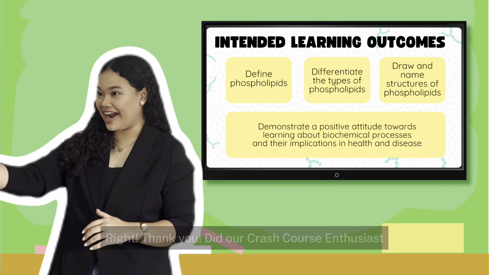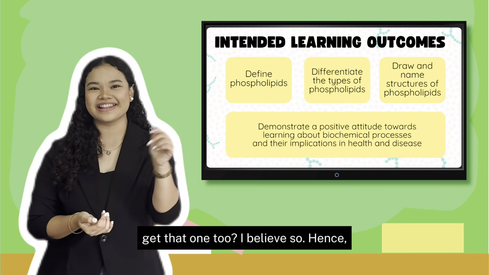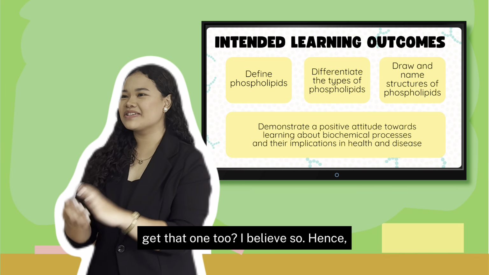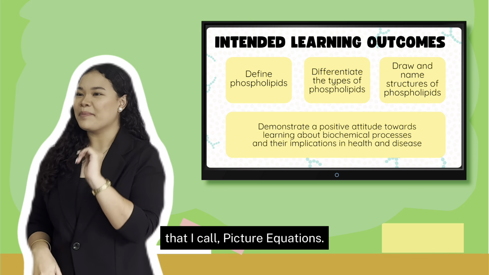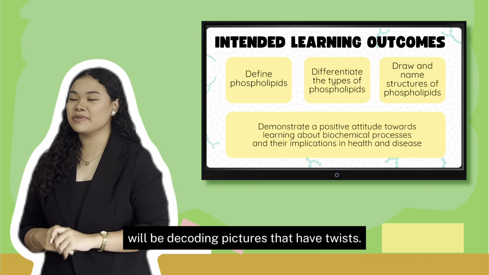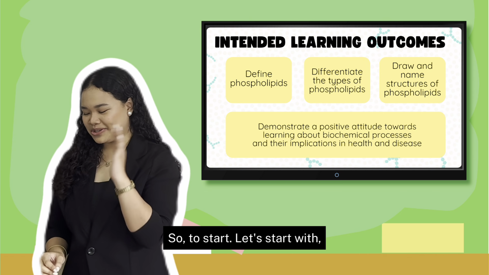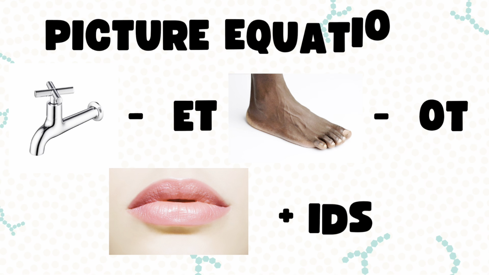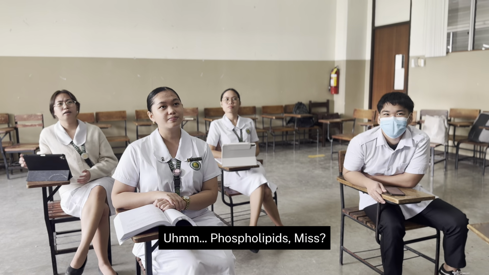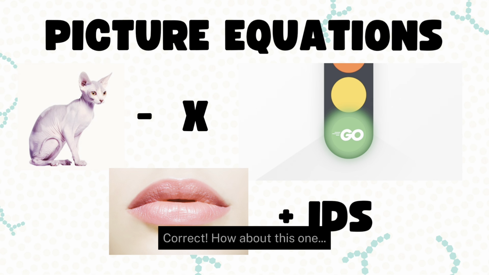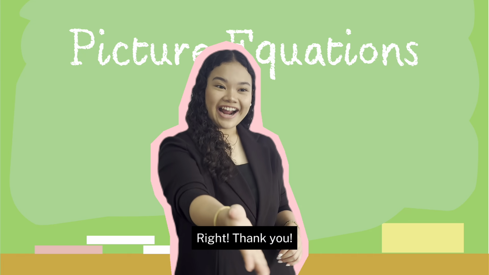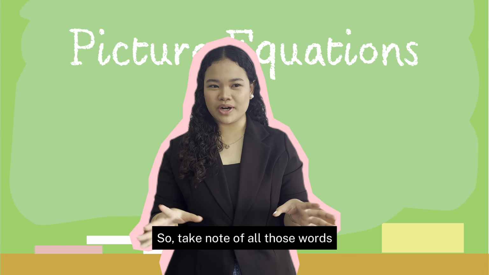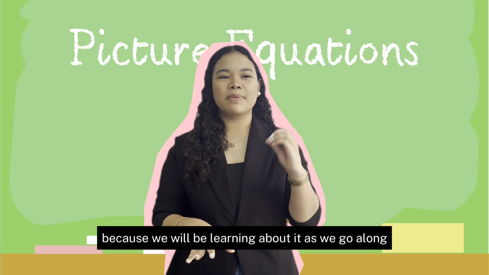Phospholipids. Right, thank you. So did our Crash Course enthusiasts get that one too? I believe so. Hence, to start our activity for this morning, let's start with our introductory activity that I call picture equations. So you guys will be decoding pictures that have twists. So to start, let's start with... Phospholipids, Miss? Correct. How about this one? Is it sphingolipids, yes? Right, thank you. So take note of all those words because we will be learning about it as we go along our lesson